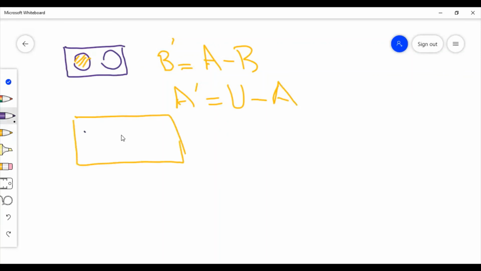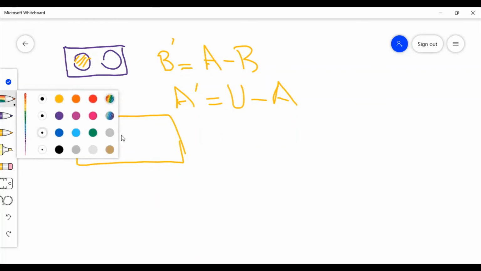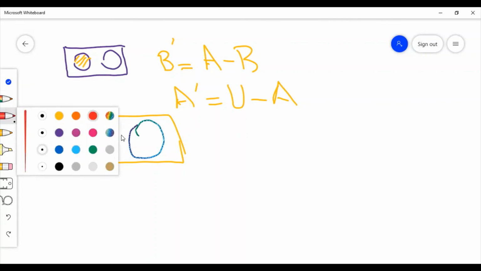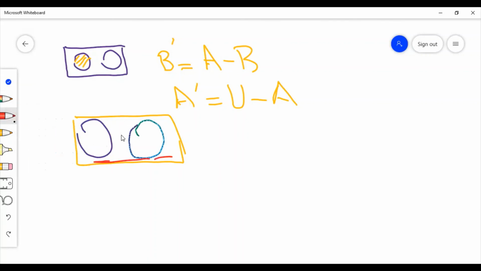where you can put that this is your A, and once again you can say that this is your B, and now you are looking for U minus A. So U minus A will be in this way, this. With respect to U, you can draw the second diagram also. It's not necessary that you should solve each and every question with one diagram. So you can draw that this is the A complement with respect to U.